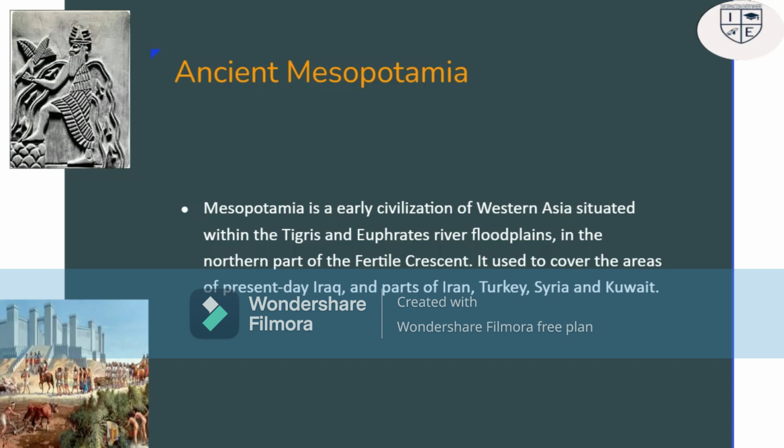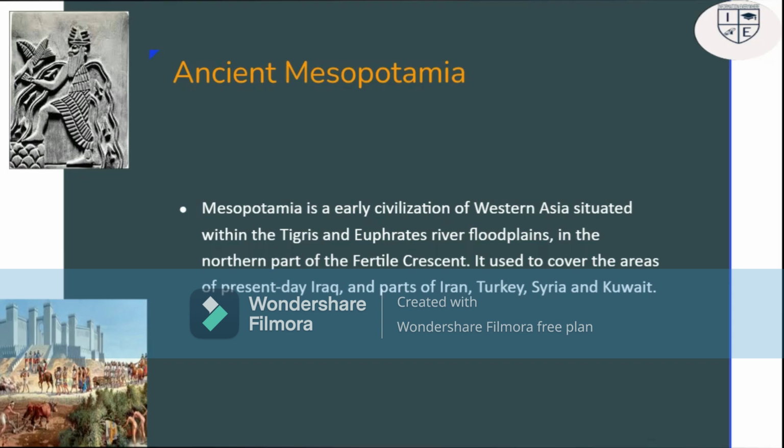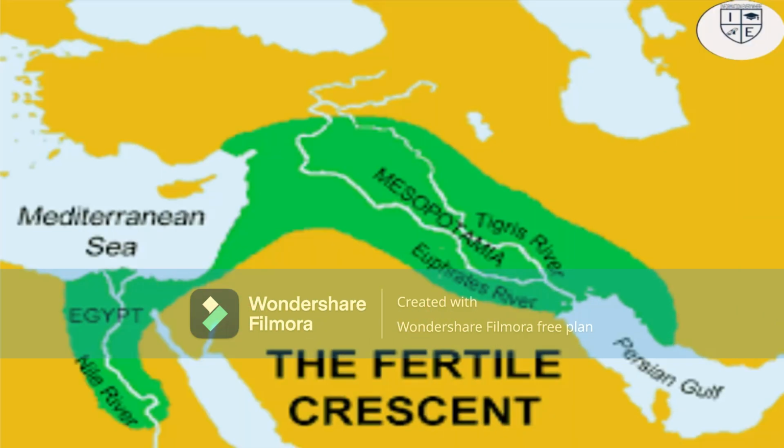So let's come to Mesopotamia again. Mesopotamia was situated in the Middle East region and the north side of the Fertile Crescent in Western Asia, because the Middle East is, we can say, the western side of the Asian continent, and after that the African continent starts. So you can see in this map that